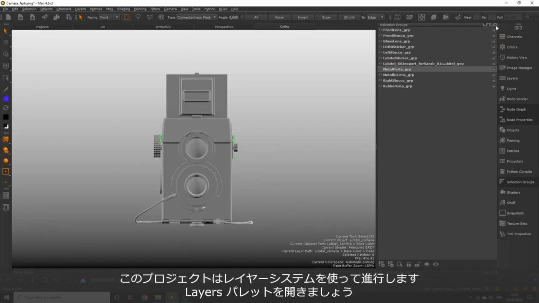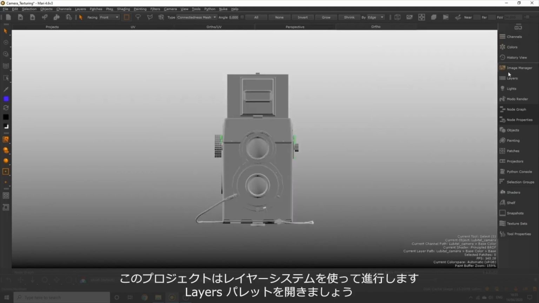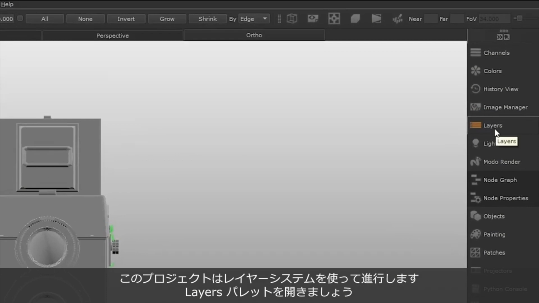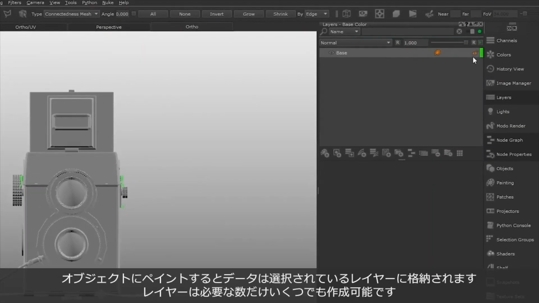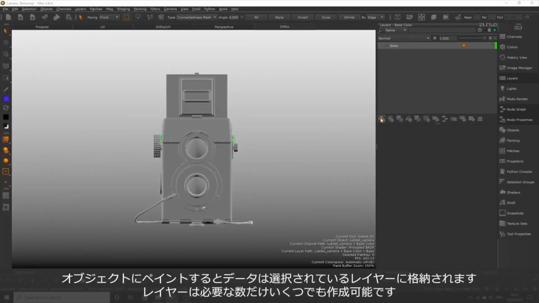We're going to be painting our camera using the Mari layer system. Now, to give you a breakdown of what the layer system is, let's open our layers palette. In Mari, when we paint on our objects, that paint data is actually getting stored to the currently selected layer. So each layer contains texture data,